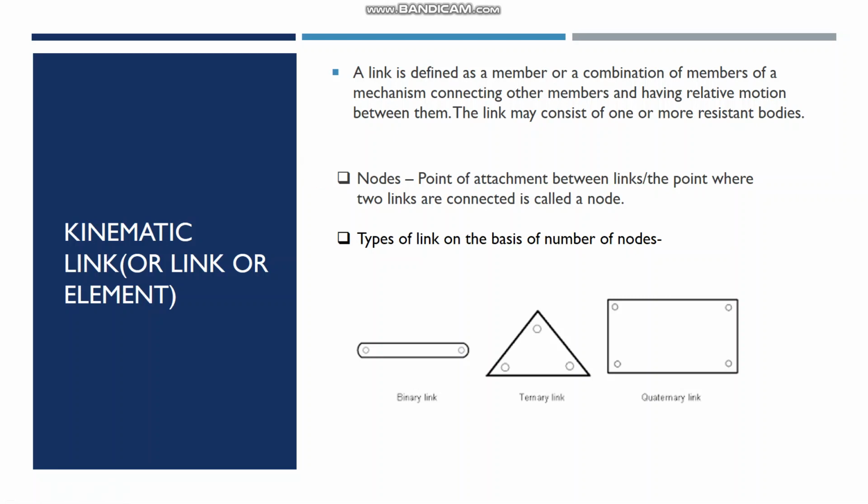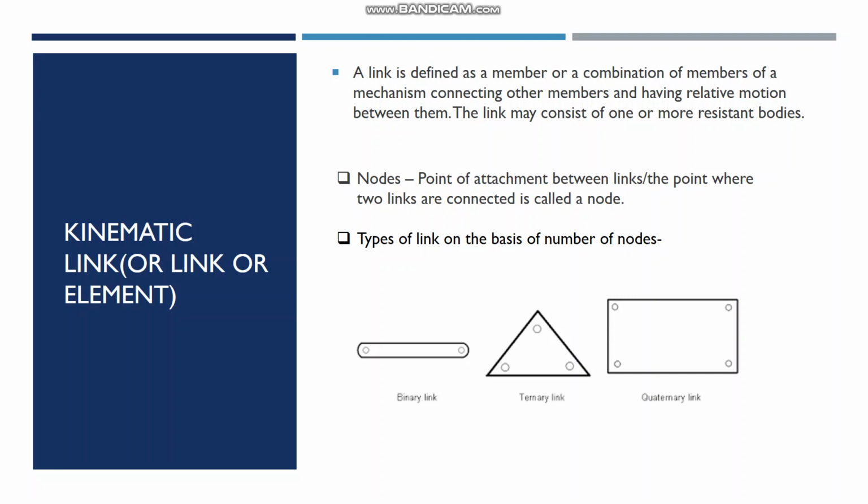Now, let us look at kinematic link, also called link or an element. So, what is a link? A link is the basic constituent body in a mechanism. We can think of a link as a basic constituent body in a mechanism. It is a member or a combination of members of a mechanism that connects other members and has some relative